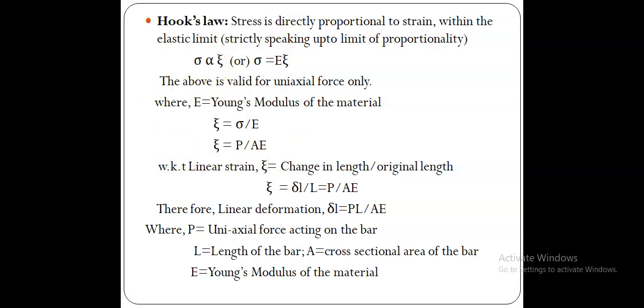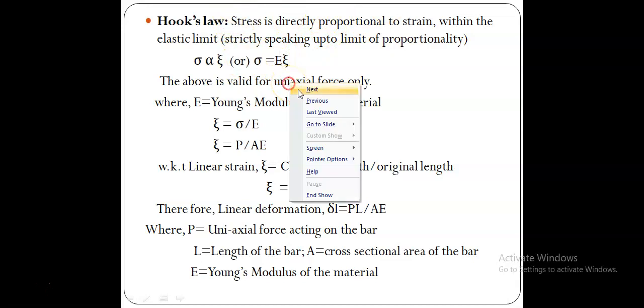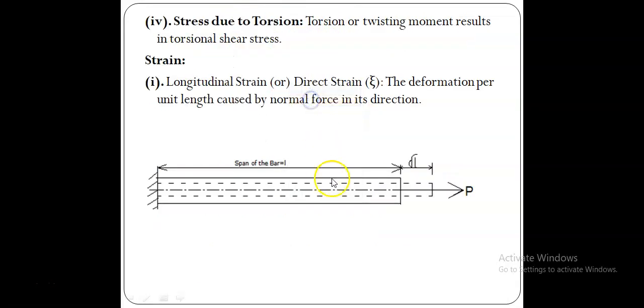Uniaxial forces means we apply the force in only one direction. You see that? This is a one-direction force we have applied. The object has some other faces also, this side face, another side face, but we apply the force in only one direction. That is called a uniaxial direction force.